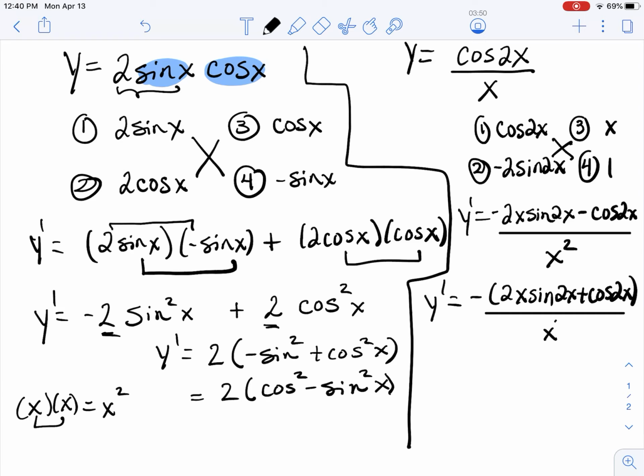Now, it would be up to your teacher or your professor how far they want you to go, if they want you to apply trig identities. The only one that I really like to apply is when you have sine squared x plus cos squared x equals 1. But we don't have that as a situation here, but in a couple examples in my next video, we will come across that. So stay tuned to